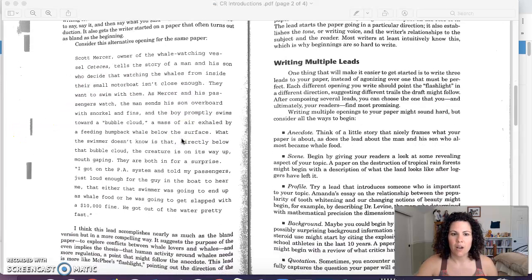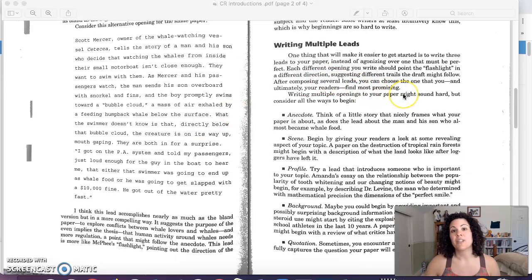So here, Ballinger gives us some different types of leads to use, and this is what I'm going to be asking you to do. One of the things that we feel sometimes as writers is that writer's block of like, I don't know what to do and I don't want to start and what if this isn't good? And so one of the ways to get around that is just to do what we do, flash draft, right? Write a couple different leads. So that's what I'm going to encourage you to do here.